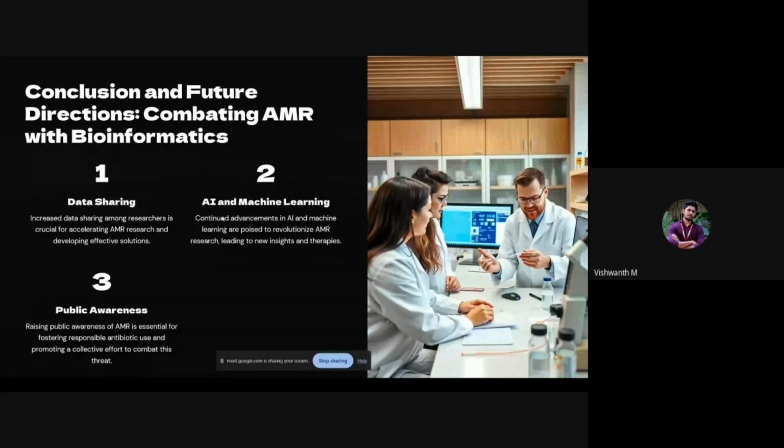So the third one is public awareness. Raising public awareness of AMR is very essential for fostering responsible antibiotic use and promoting a collective effort to combat this threat. A lot of people do simple things like this. When a doctor prescribes you an antibiotic for your particular sickness, most patients, that's the basic mindset, take the antibiotics for 2 days. If it is prescribed for 5 days, what happens is once you take the antibiotics continuously for 2 days,